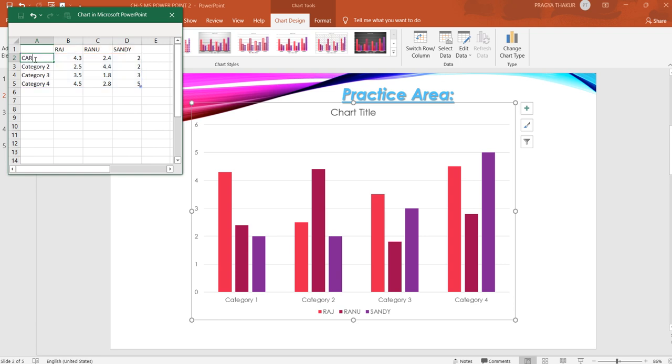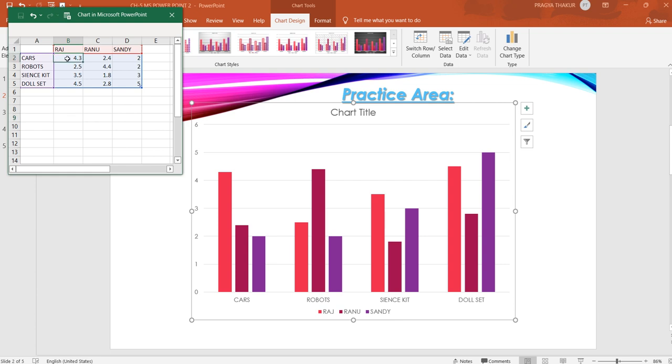So maybe cars, robots, science kit, and maybe what type of toys? Maybe doll set. So these are the 4 categories that I want to compare for these 3 students.